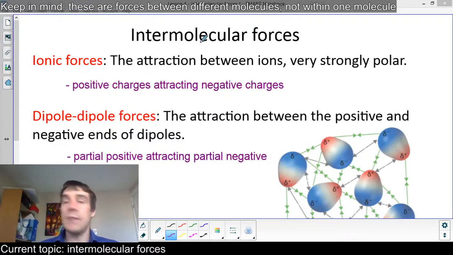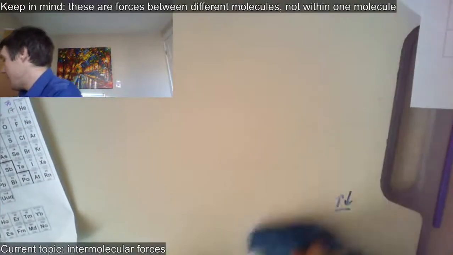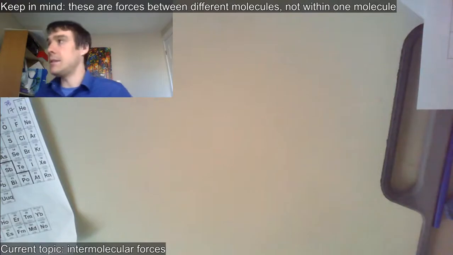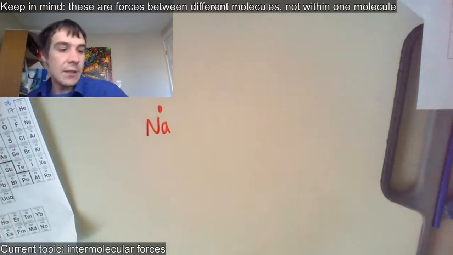The difference comes down to intermolecular forces, and we have 4 classes of them. We're really 3 classes, but 4 classes of intermolecular forces that we want to talk about. The first one, the easiest to understand, is ionic forces. Ionic forces are the attractions between ions. So if I go over here and I take this away, this one is super simple to understand. When sodium loses its electron to chlorine,